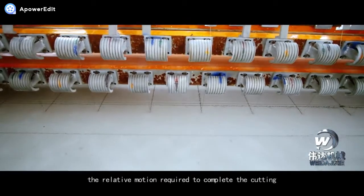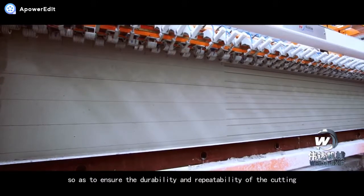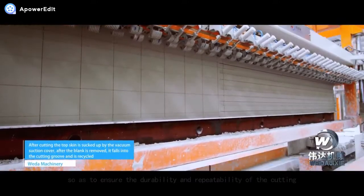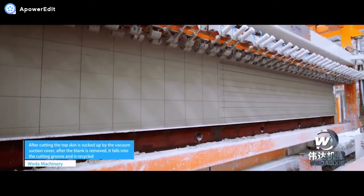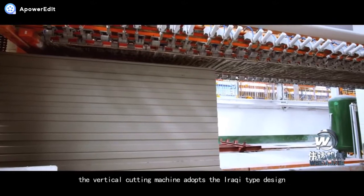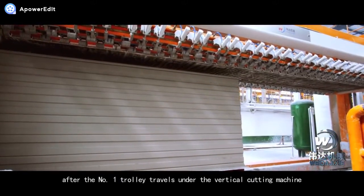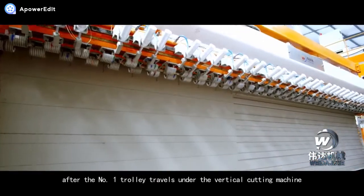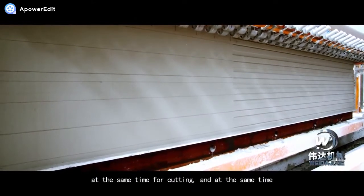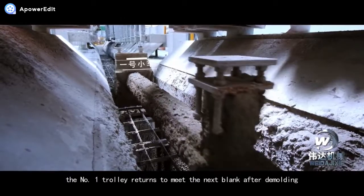The relative motion required to complete the cutting is lifted by the blank body, so as to ensure the durability and repeatability of the cutting. Among them, the vertical cutting machine adopts the Iraqi type design. After the number 1 trolley travels under the vertical cutting machine, the lifting frame lifts the blank and the bottom plate at the same time for cutting, and at the same time, the number 1 trolley returns to meet the